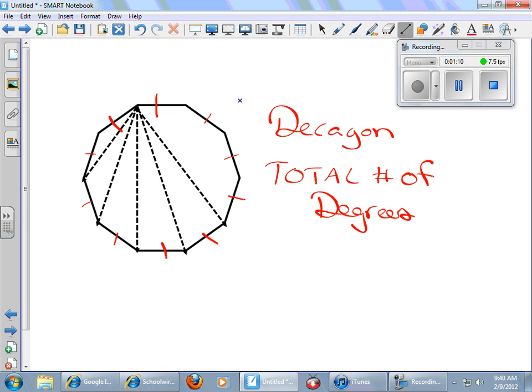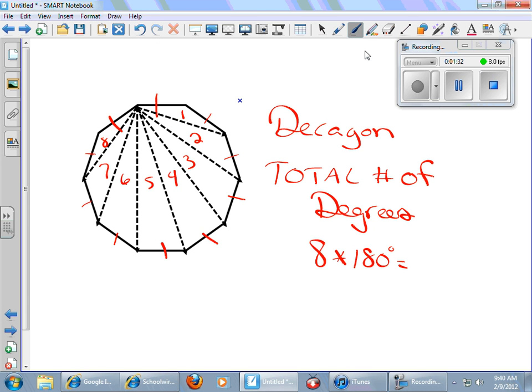All right, now those of you who are really good at this, you know that there's going to be 8 triangles. How do you know there's 8? Because there's always 2 less than the number of sides. So 1, 2, 3, 4, 5, 6, 7, 8. Sure enough, 8 triangles, and every triangle has 180 degrees. Therefore, if I multiply these numbers, I know that there's 1,440